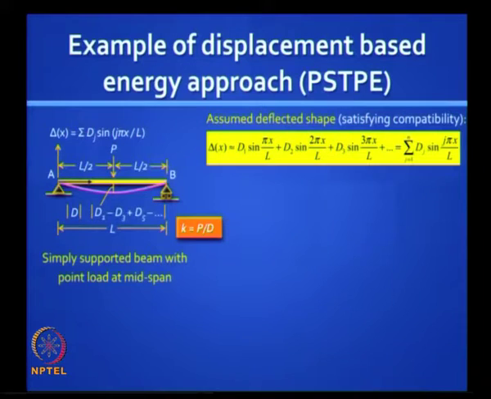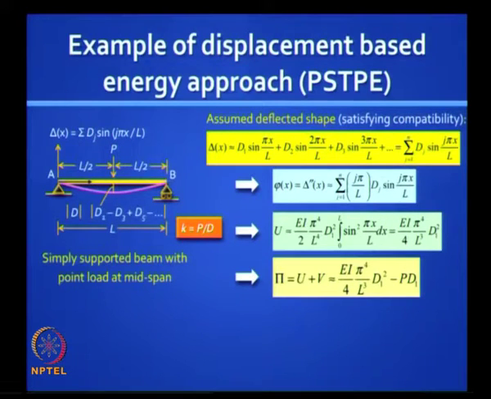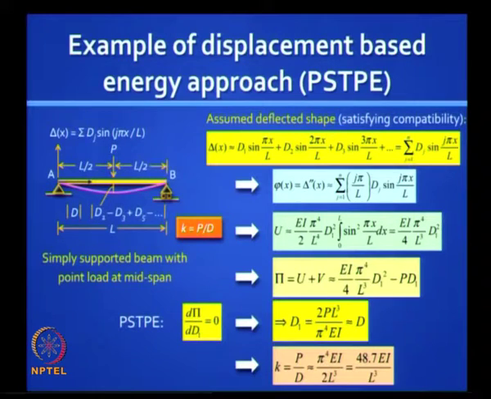So d can be expressed as a function of many independent other functions d1, d2, d3 etc., and the definition of stiffness would be k is equal to p by d, where p is the concentrated load acting at the midspan. If you repeat this exercise, find the curvature, find the strain energy, write the expression for total potential energy,